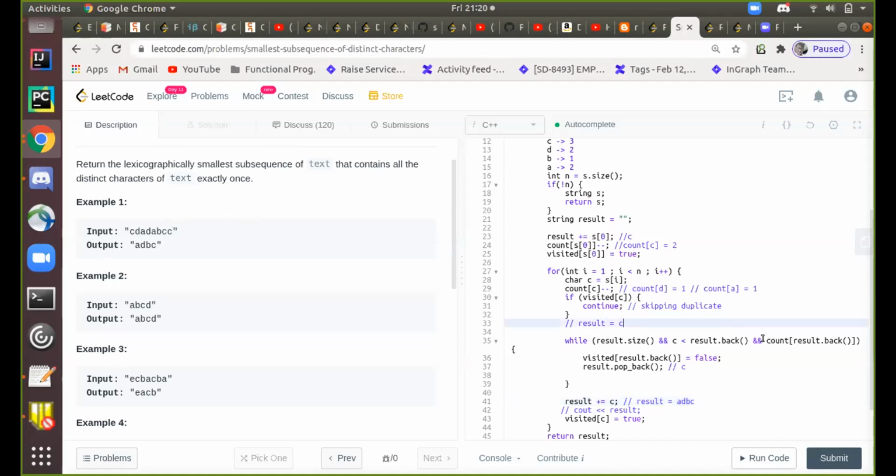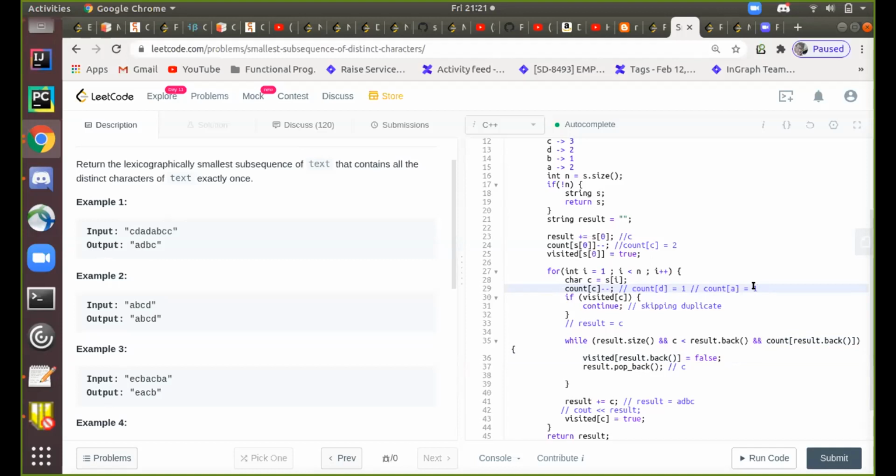So this is the part. I have to ensure that I have more occurrences of the character I'm popping out in the further string, so that I can change my string and make it as small as possible. So you are always comparing your array's last element, what you have just appended, with the current one, correct?